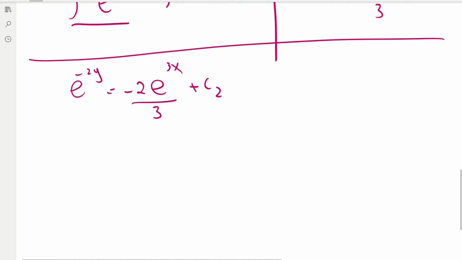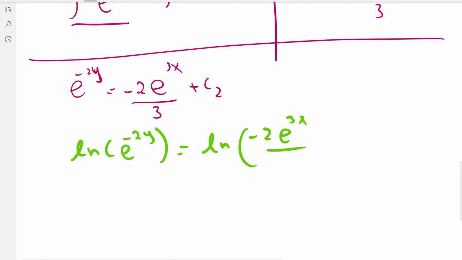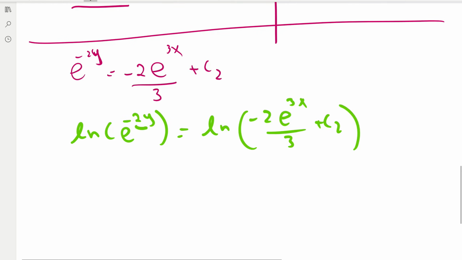How can we write the explicit solution here? Because y is in the power of e. Well, we can take the natural log of both sides. We can use a little help from algebra. Let's see what happens. Now, using the logarithmic property, we can write this